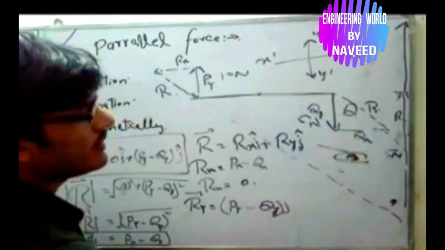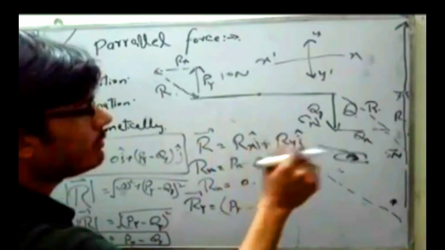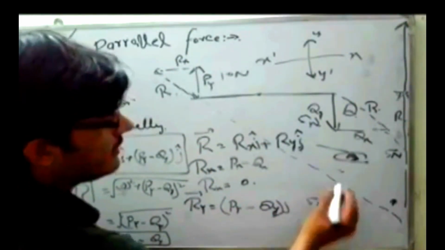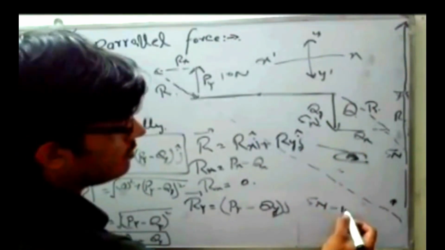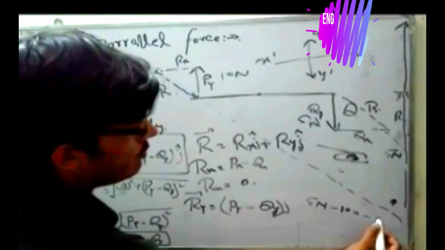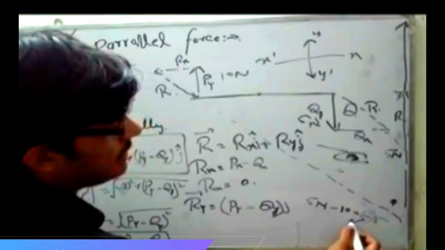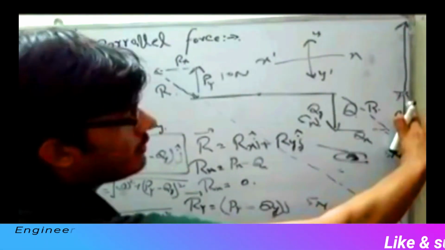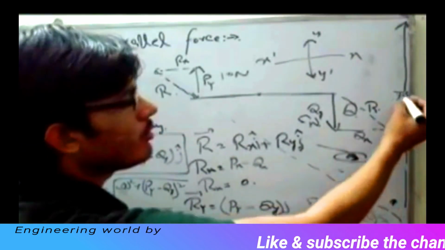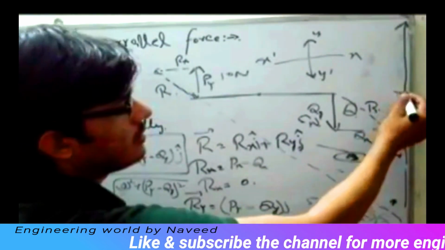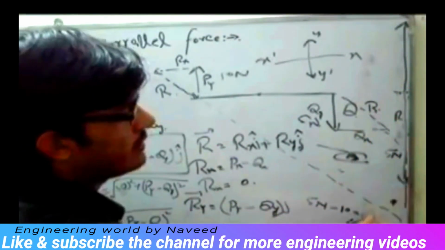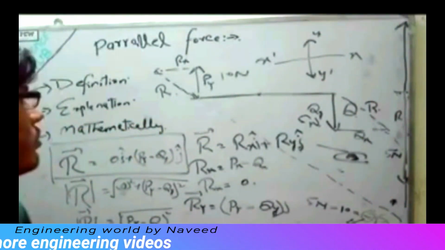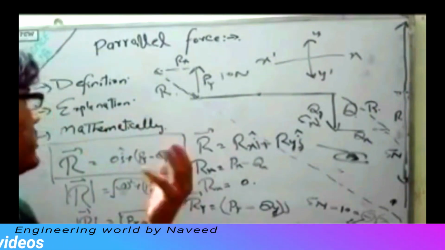Let's suppose this force is 5 Newton and this force is 10 Newton, so the resultant direction will be opposite. Their value will be minus 5. This represents the direction and this is the magnitude, so the magnitude of the resultant will be 5 Newton and the direction will be opposite, in the negative y axis direction. So this is all about the parallel forces and anti